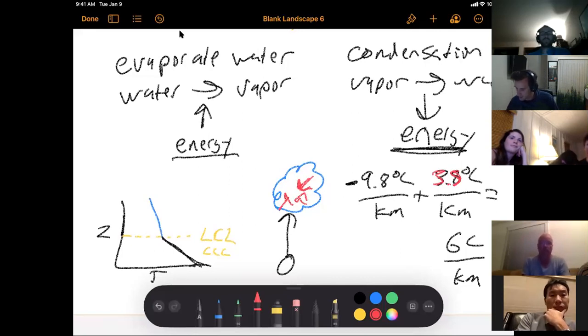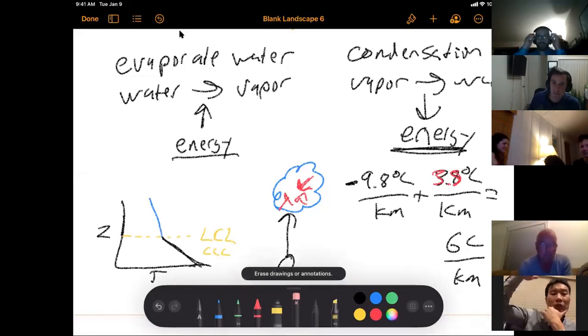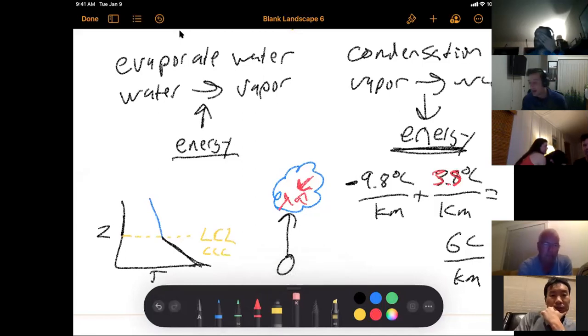So far, so good. Okay. But Chris, basically, that happens above the cloud base, right? So it would happen at the cloud base. And basically, we could think,